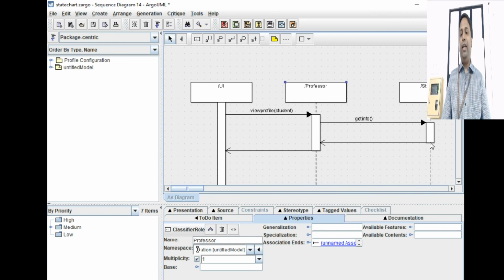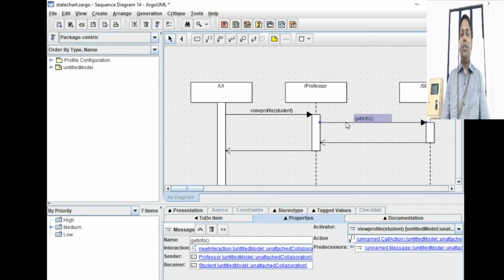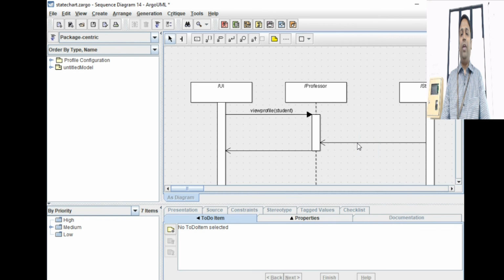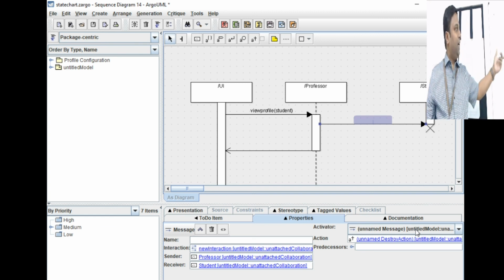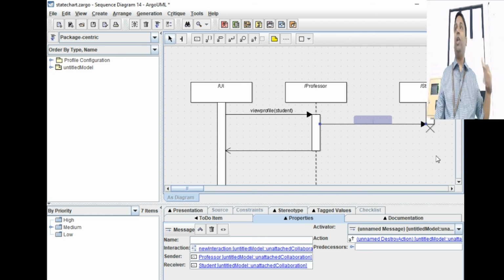If you want to terminate the lifespan of this object, you have an object terminator. New destroy action. It destroys, terminates the object. Say I can go and remove certain things by just right clicking, remove from the diagram, it removes that. Very easy to construct. Say if you want to terminate, destroy that particular object, just take this one, call this.